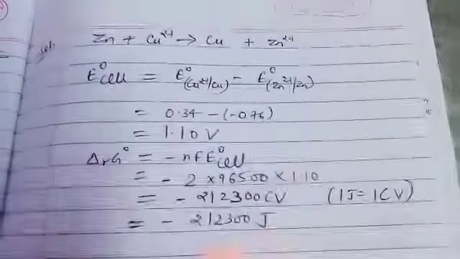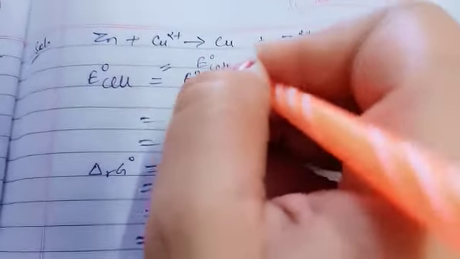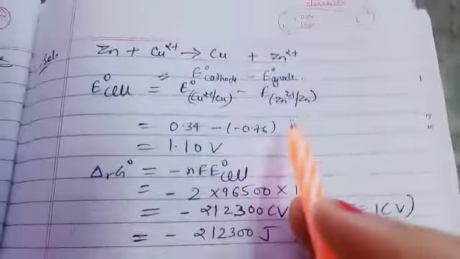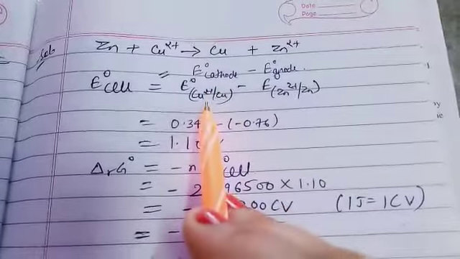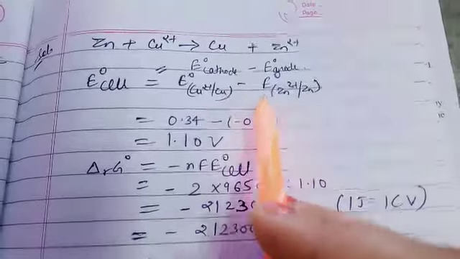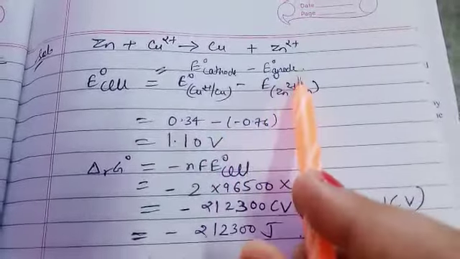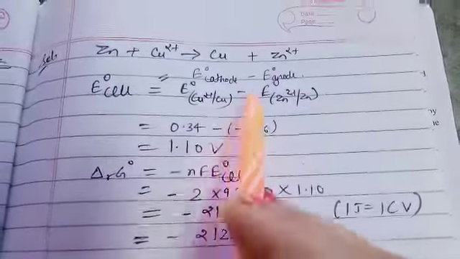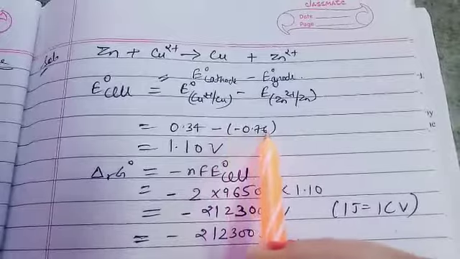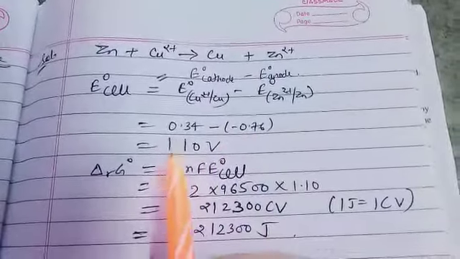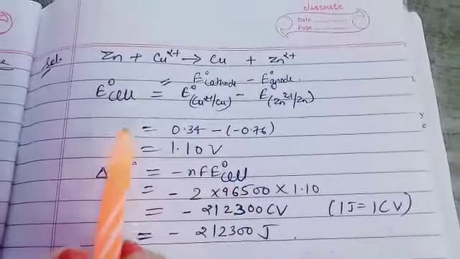Formula, E cathode, you can write like this. It's E cathode minus E anode. Right minus left. Okay, so cathode side is copper, where reduction occurs, on the right side, and anode is zinc, which is on the left side. So oxidation and reduction. Now put values. It's 0.34 minus, in bracket, minus 0.76, minus becomes plus. Solve it. After solving this, your answer is 1.10 volt. That one is E naught cell.